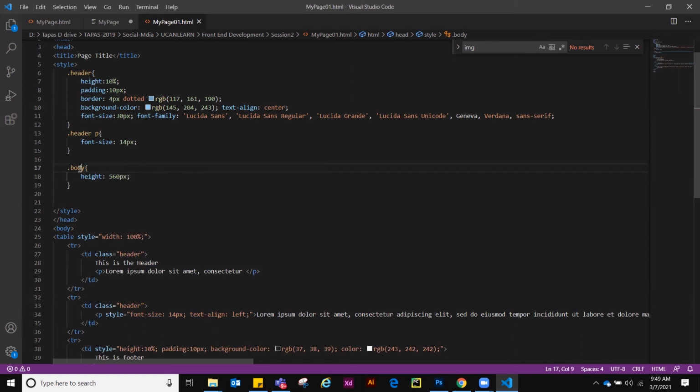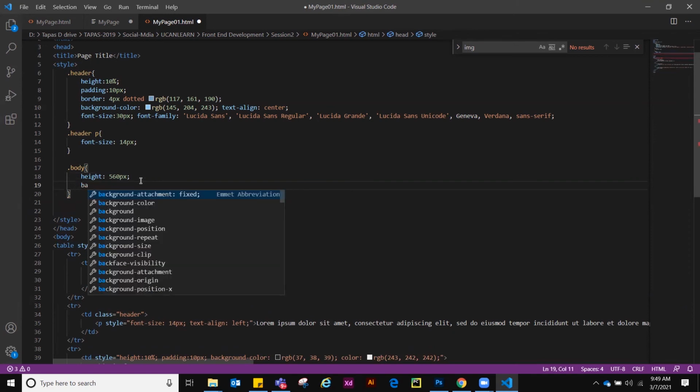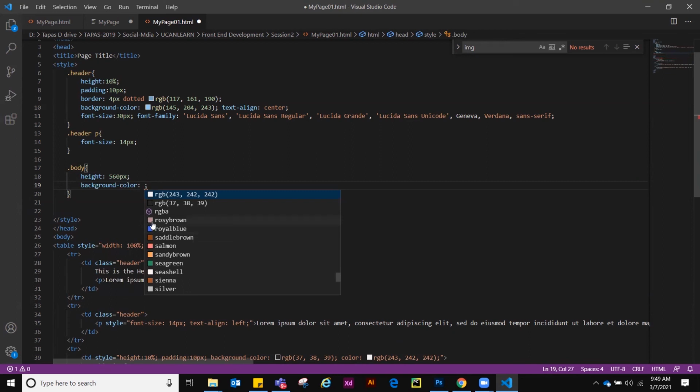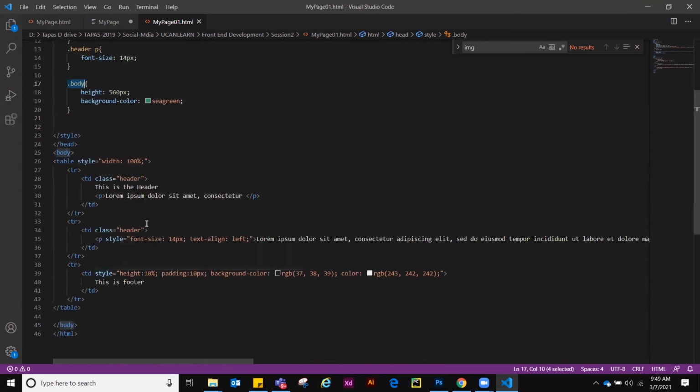Now copy this and change the background color also. Background color is this. Now see the fun part: you just copy this and paste inside this. We can use multiple classes inside one element.